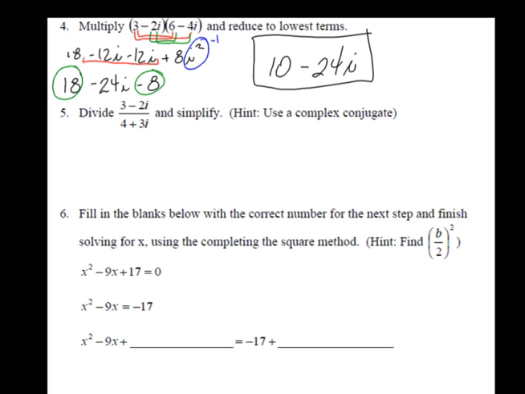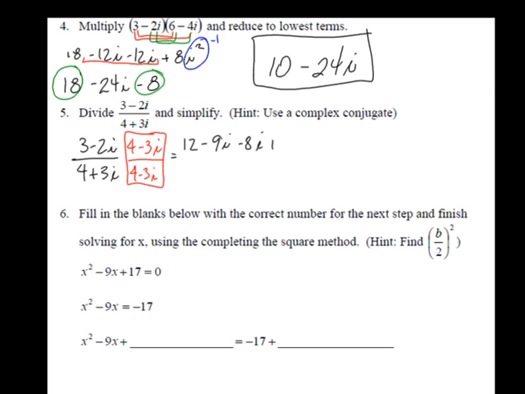For this next one, we have to multiply the top and bottom by the complex conjugate. So I have 3 minus 2i over 4 plus 3i. My complex conjugate goes out here, my magic 1. I'm going to put 4 minus 3i over 4 minus 3i. Now we're going to apply FOIL. In applying our FOIL, we're going to have 12 minus 9i minus 8i plus 6i squared over